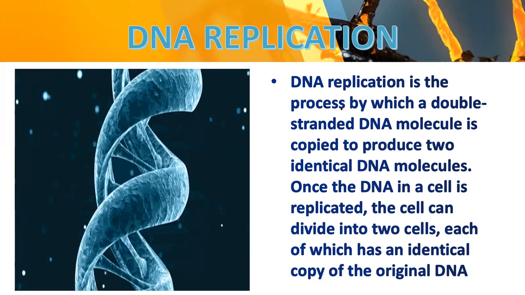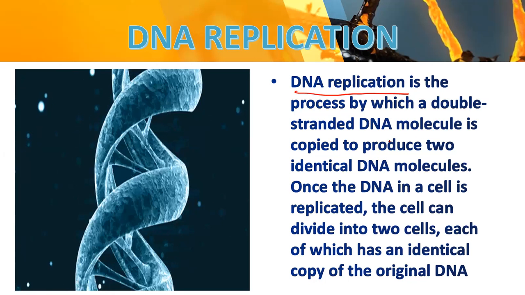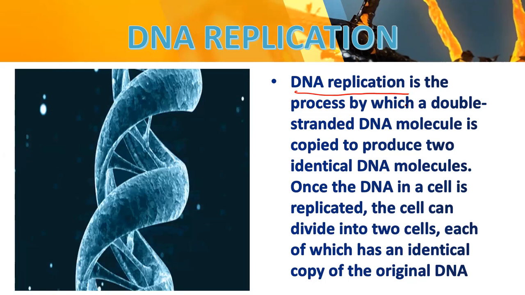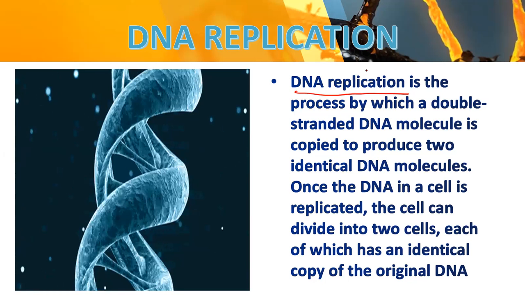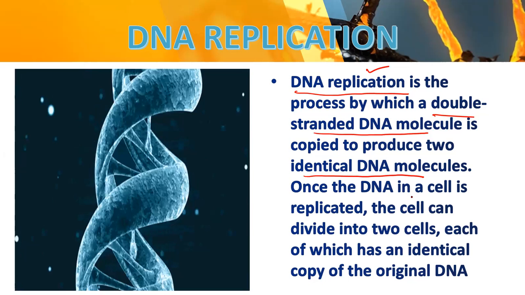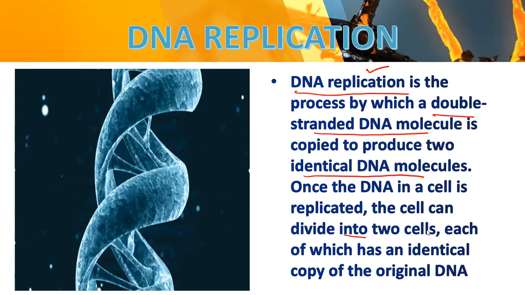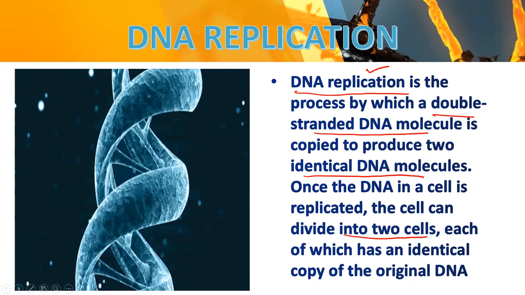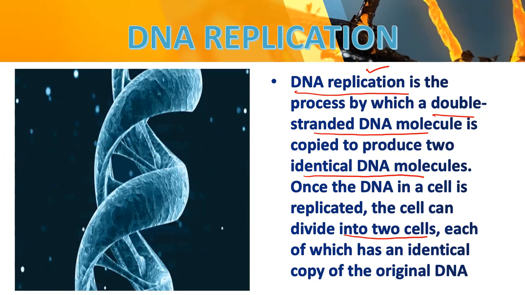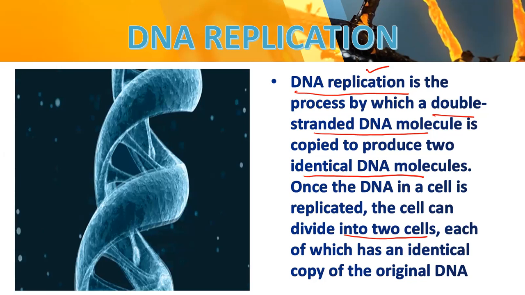You can see the DNA. The DNA gets replicated. I told you it is going to form a copy, and it divides by a process which we call replication. It is a double-stranded DNA molecule. They produce two identical molecules. Once the DNA in a cell is replicated, the cell can divide into two cells. Just now we saw, but after the replication, there are other steps to be followed, like mitosis, meiosis, etc. So this is the first step. We completed this. The next,